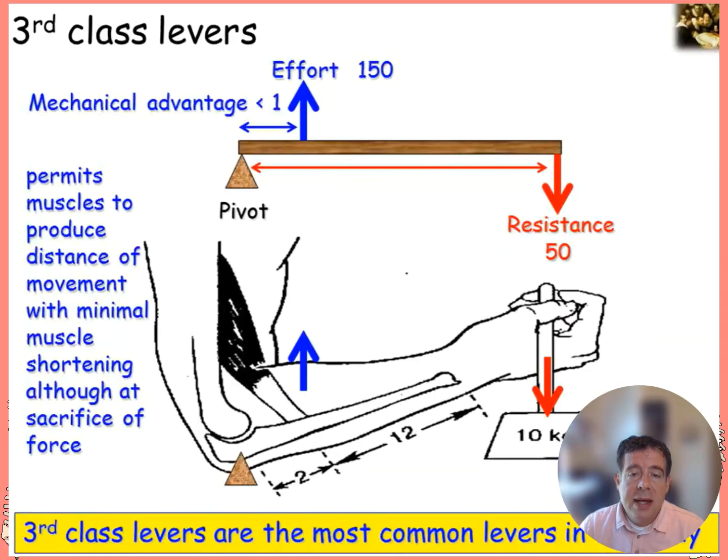Lastly, we've got class 3. This is probably the most common that we're thinking about. So think of our bicep. We're flexing it here. So our pivot joint is the elbow joint. The force is all the way at the end with our hand lifting, the example on here is 10 kilograms. Our force is that bicep muscle contracting. So this is probably the most common lever that we think of, class 3.